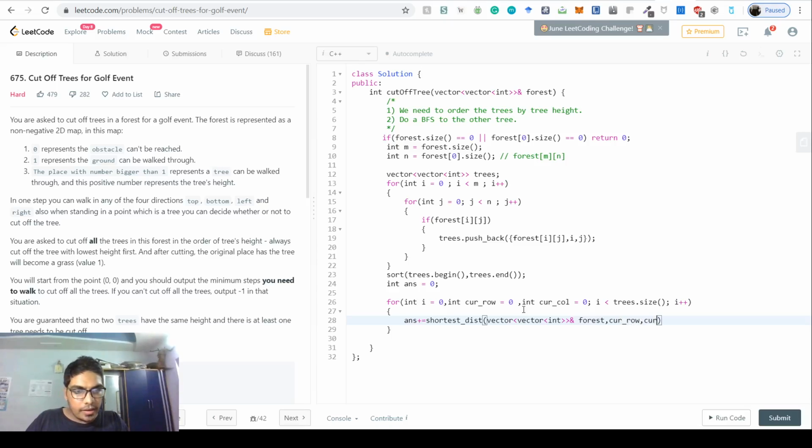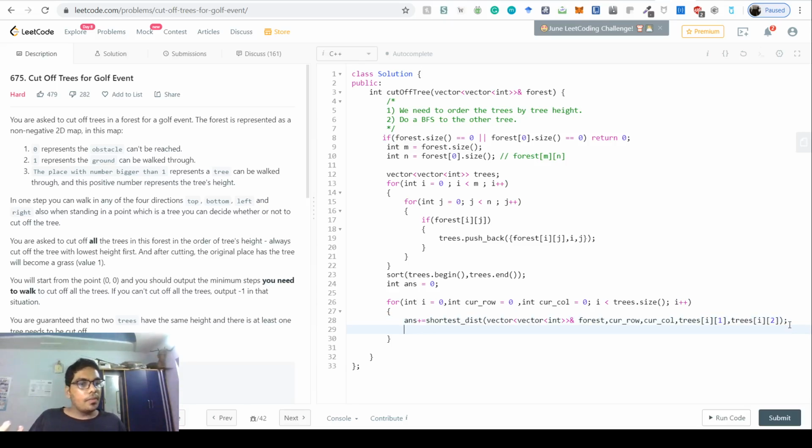It takes in the current column. So this is the start row and column, where we start from, and then where do we want to go? We would want to go to the first element in the list, so that will be stored in the list. So we just say trees[i], the first element, which is the ith element, and trees[i] of the second element, right? So these are the from nodes, and these are the to nodes, right?